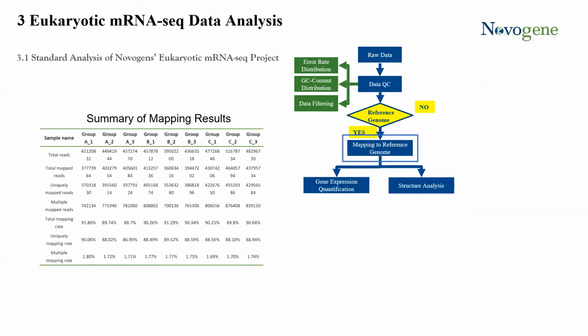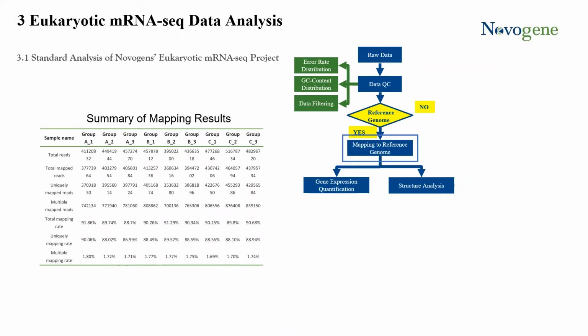Moving back to our reference genome inquiry. If we do not have a reference genome for the sample, we can move on to our de novo RNA-Seq pipeline, which will be the topic of a further webinar. Or if we do have the reference genome available, we can move forward and map the clean reads to the reference genome. From this point on, at Novogene, we take two different paths, a structural path and a gene